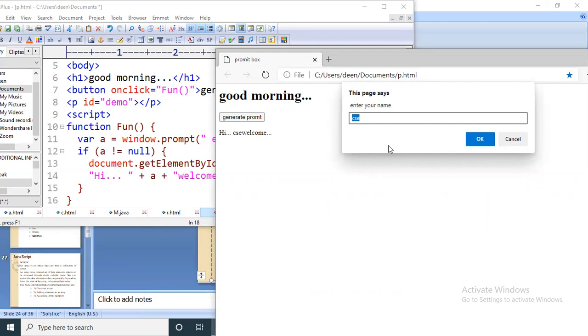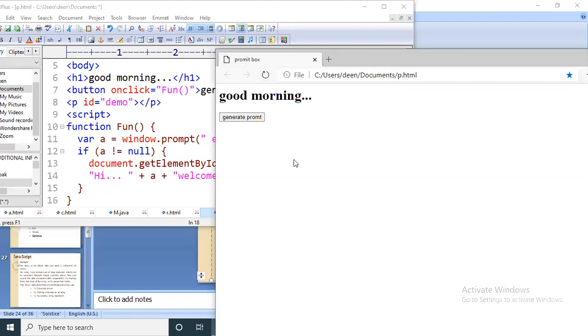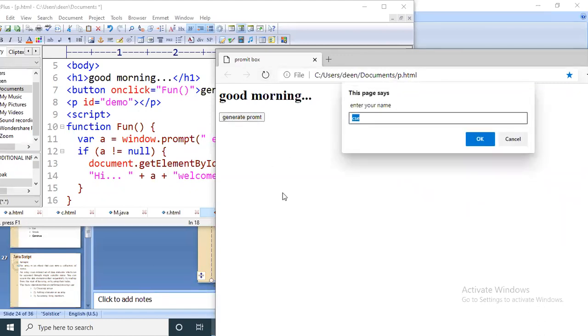Now, let us see what happens if you click on the cancel button. Let us refresh here. If you click on generate prompt, a prompt window will be created.